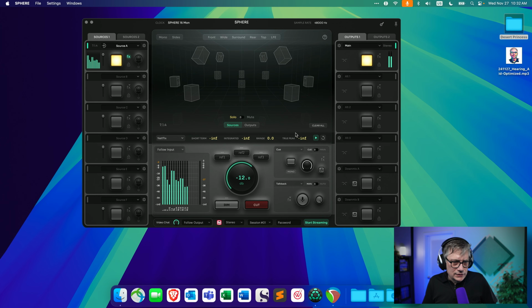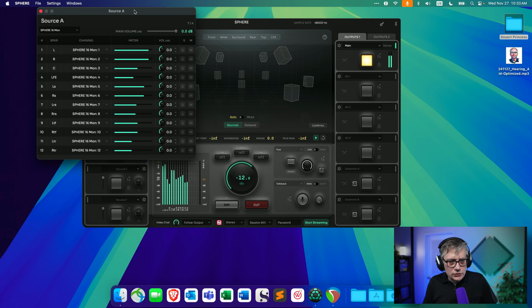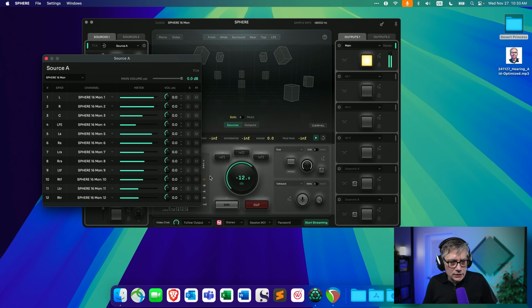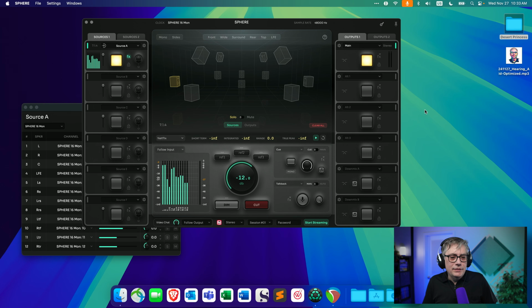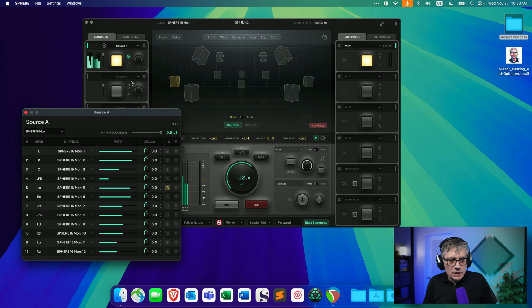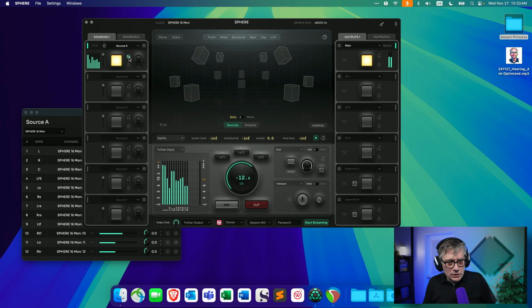However, there's a little bit of a disadvantage here, and the disadvantage is what I said at the beginning: the solo and mute buttons are not after the plugin, and that means that these solo and mute buttons no longer act in the way they are expected to act. If I'm, for example, soloing one of the side speakers, let's do the left surround, I'm not hearing anything, because the signal that I'm muting or soloing here is the one that comes out of Virtuoso. So at that point, it has already been downmixed. So this is not an ideal way to do that. That's why let me remove the plugin again.